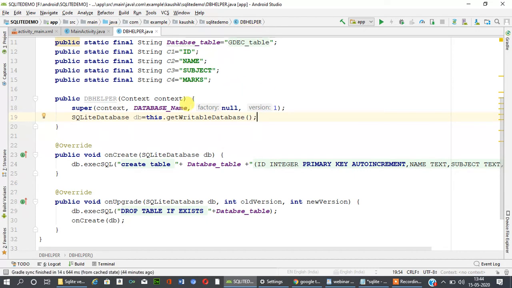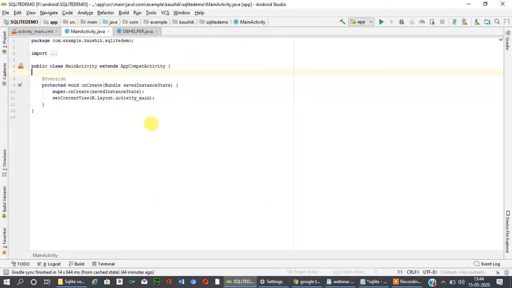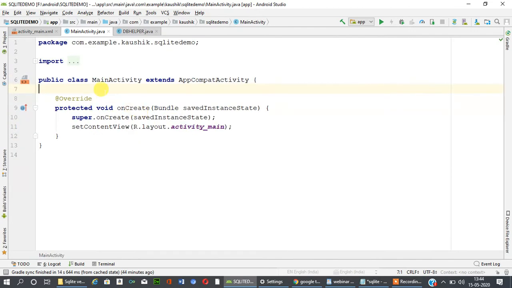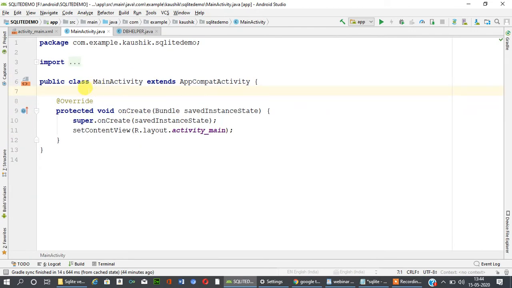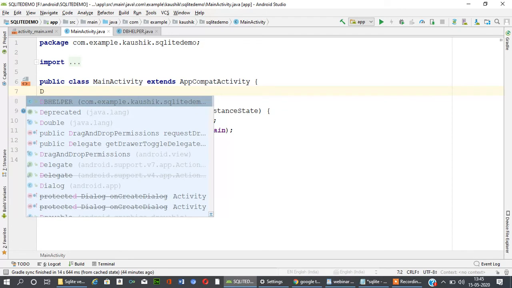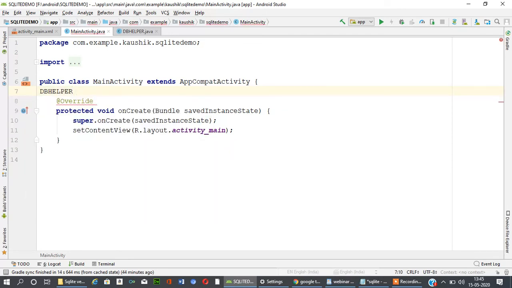Now we have to switch to the MainActivity.java page. Create the object of this DB helper class, for example named db1.